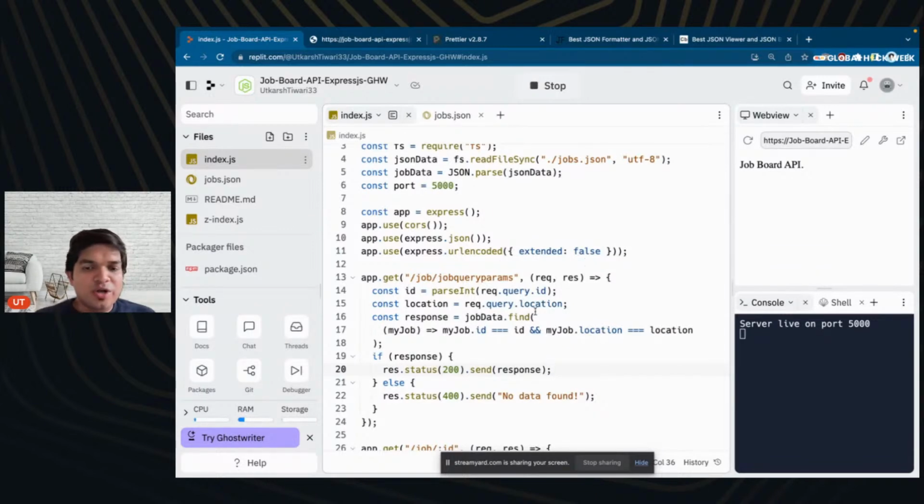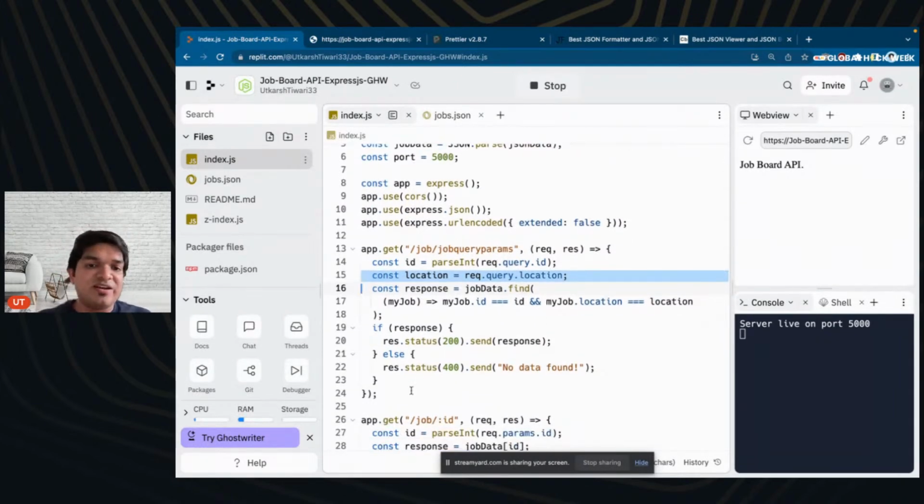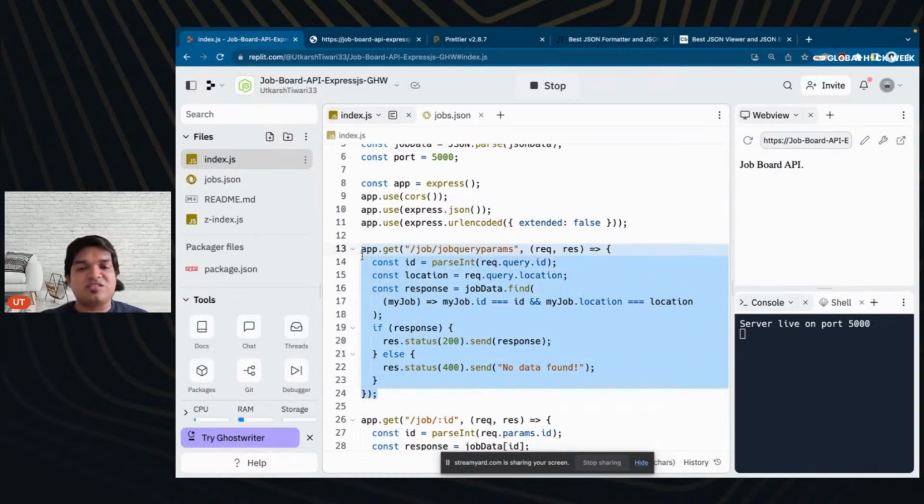Okay, so now we have job query params, and we are able to just add things. You can take more data. You can add a company name, like you can take a company name also and then show the response. Like ID should match, location should match, and company name should match, or just the company name. You can have whatever you decide, but the idea remains the same. Okay,